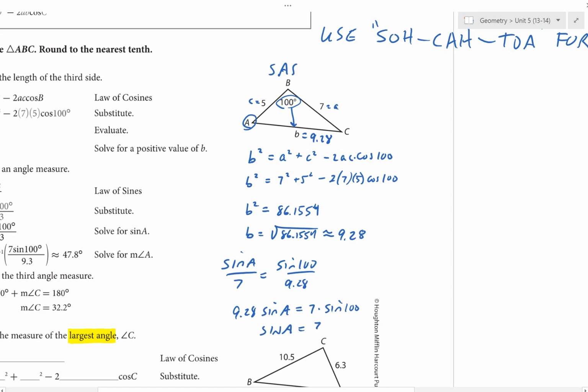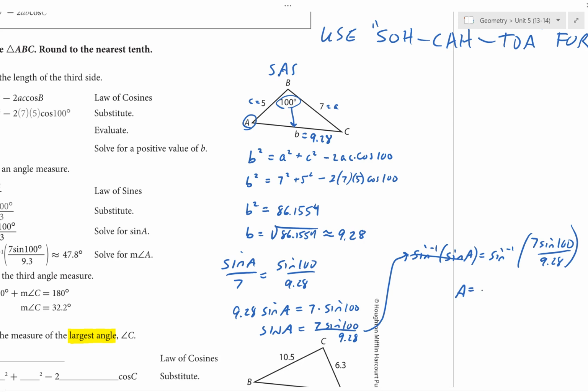Sine of A equals 7 sine of 100 over 9.28. If you take the inverse sine of both sides, inverse sine of sine A equals inverse sine of 7 sine 100 over 9.28. The sine and the inverse sine cancel. We get angle A is equal to